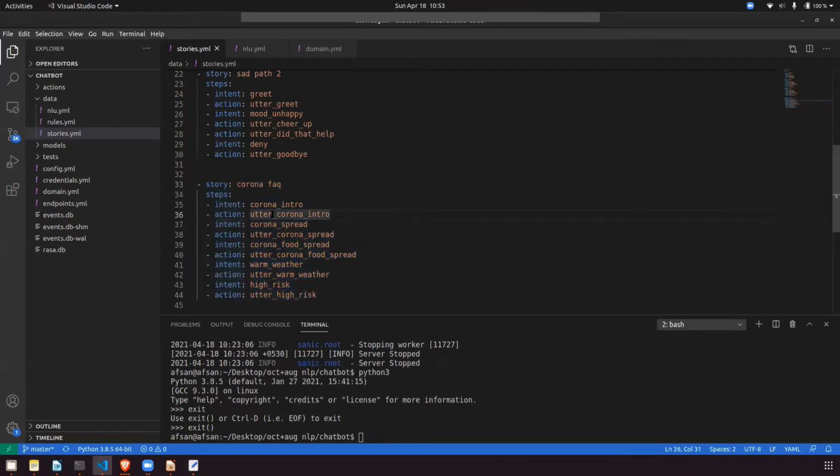intent. So this action can be anything of your particular choice. It can be of any name. Okay, it's not that you have to follow the same name. It can be of any name. So this is the second thing you have to do. So steps 1 and 2 are clear to everyone.